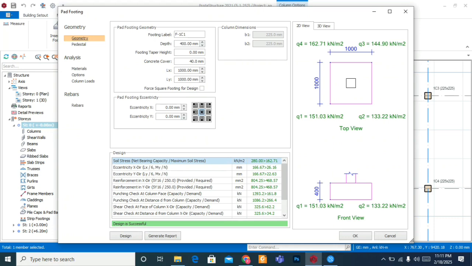So it has designed the foundation. So you can see design successful, and here you can see 1000